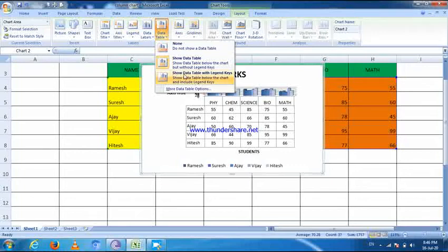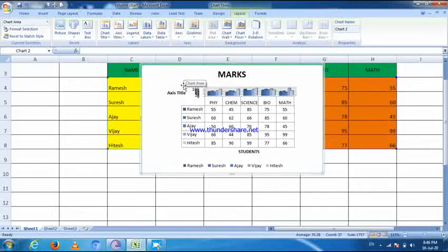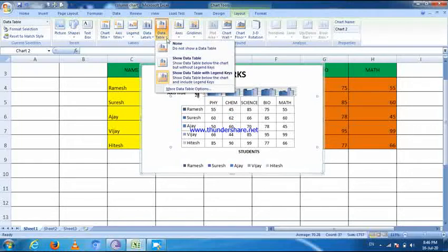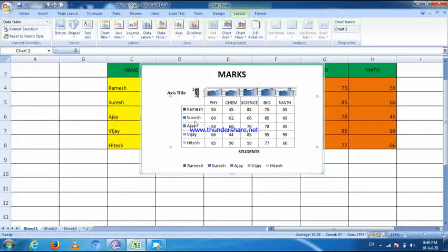Okay, then you can see after the change that the tables and legends are joined together. That's our legends and that's our tables joined together. That's show data table with legend key, data tables and legends.